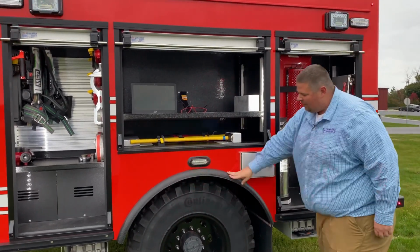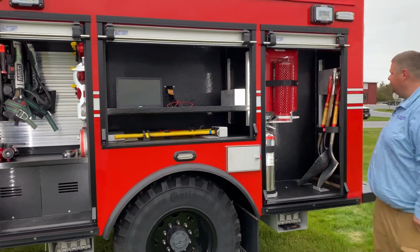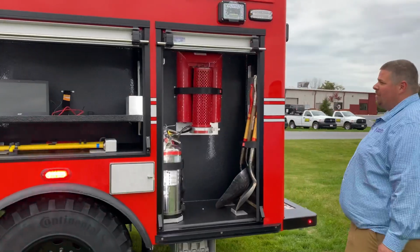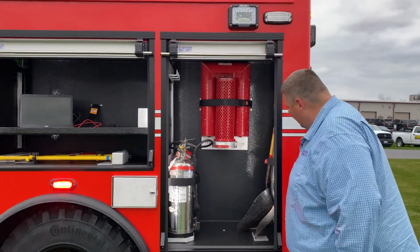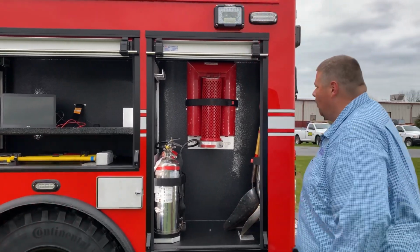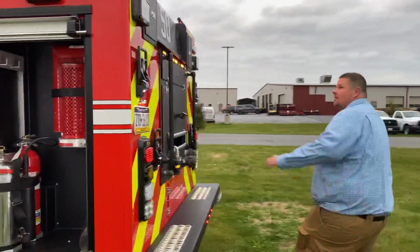We have stainless fenderettes, which we PPG black to match the black theme of the vehicle. The SS3 compartment, we have extinguishers, we have their floating dock, and shovels, which are all mounted in for them. You come around back to the truck,